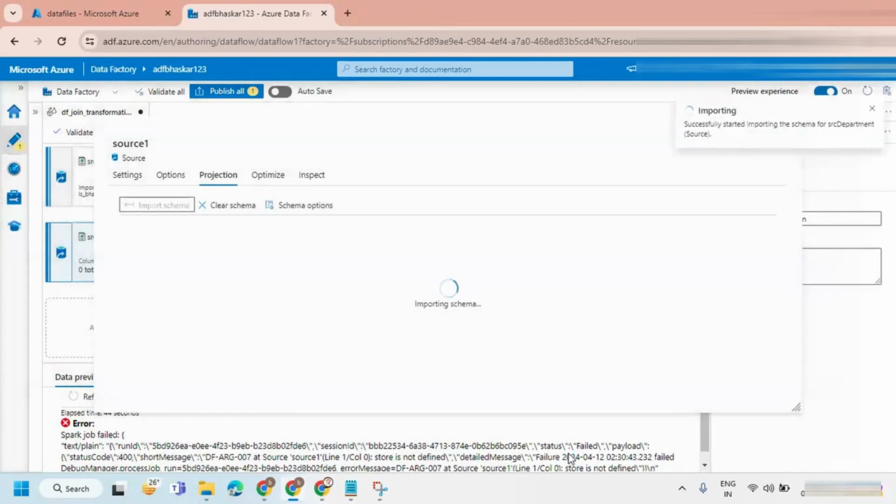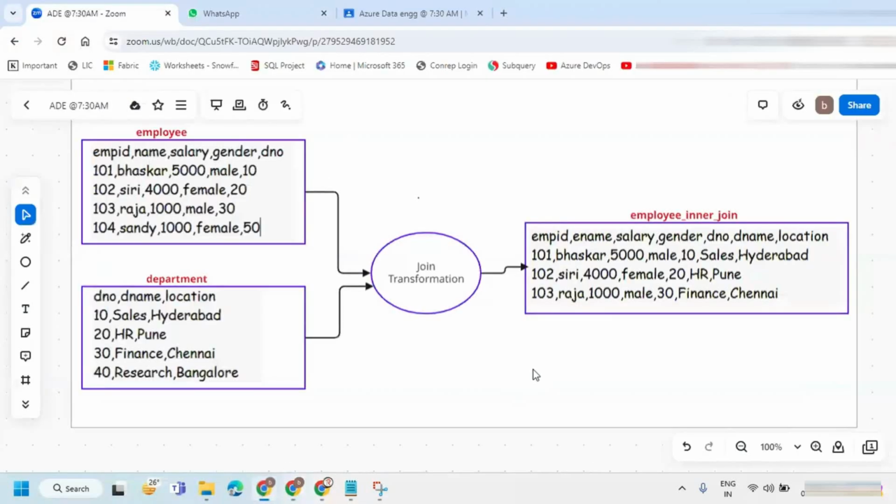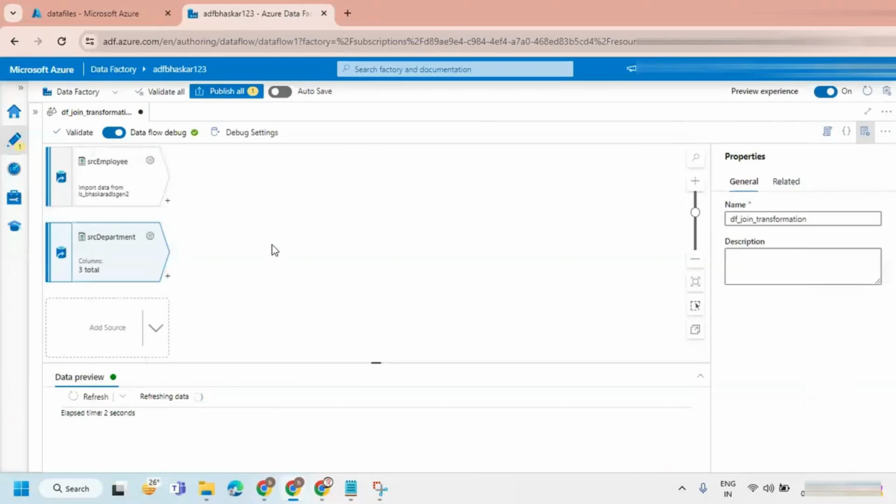So same to same, the way we have done in the previous sessions, in the same way I'm doing it for this also. Previously we have taken only one source. Now I'm taking more than one source as we are having two tables. Because if you wanted to show the data in this particular requirement, then definitely we need to have a join transformation and we need to have two data sources. With a single data source, you cannot do it.